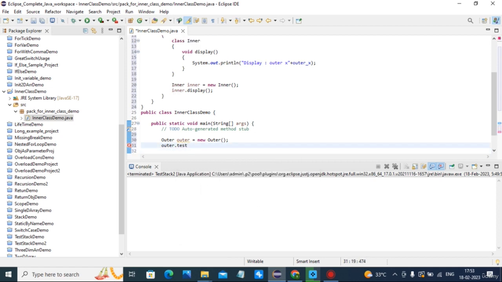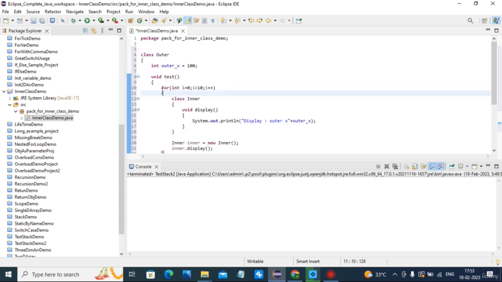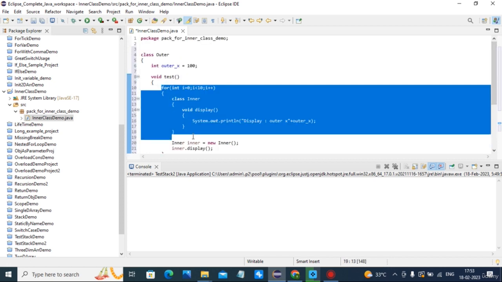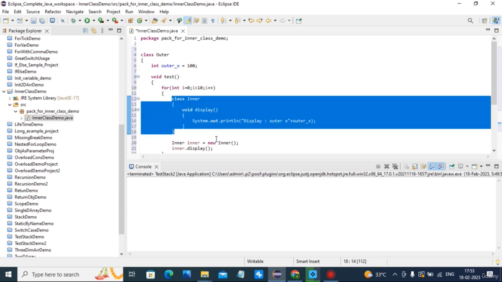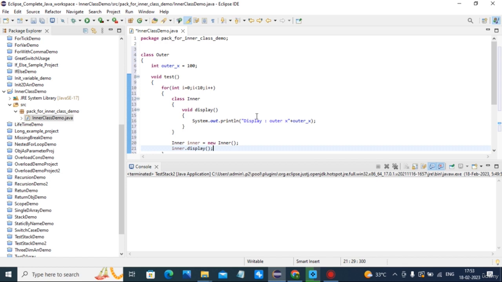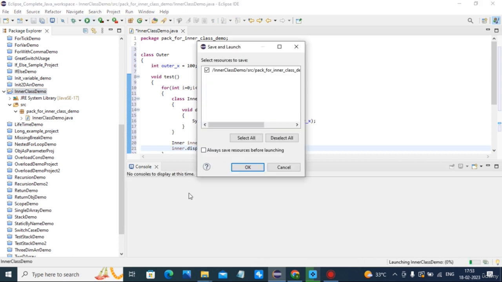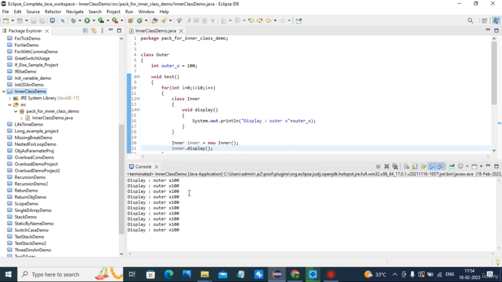After outer dot test is called, what will happen? 10 times this will be created, display. So inner class is created and 10 times inner dot display will be called. And we will run this code. Outer x 100, 10 times.